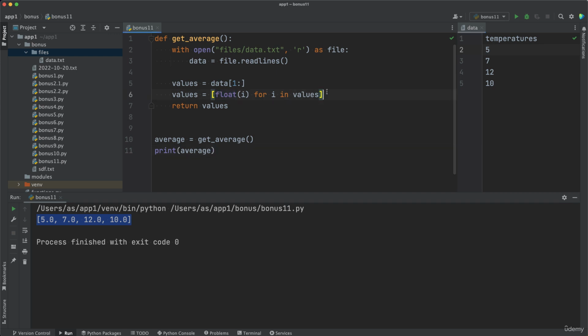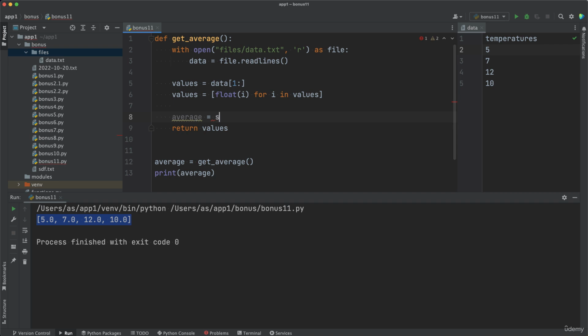So now we have a list, and next we calculate the average. The average is the sum divided by the number of items. So the sum of the numbers divided by the amount of numbers we have. We can get the sum using the sum function. It's a built-in function, and it gets a list as input. So the list in our case is values,